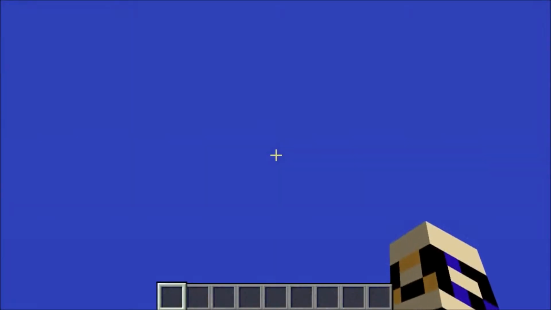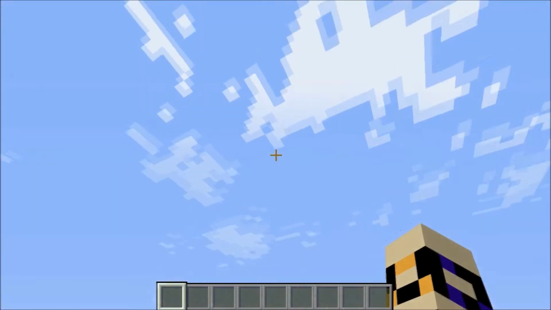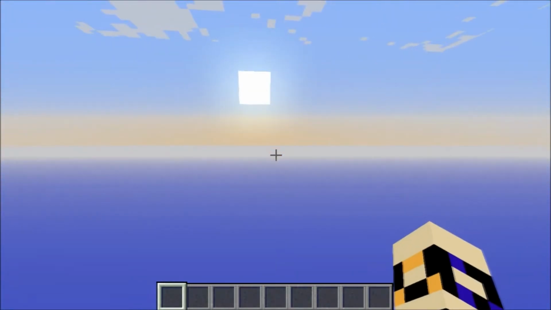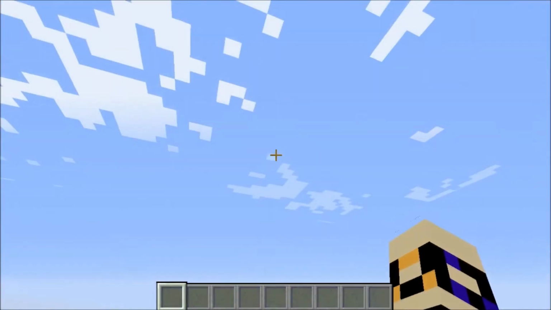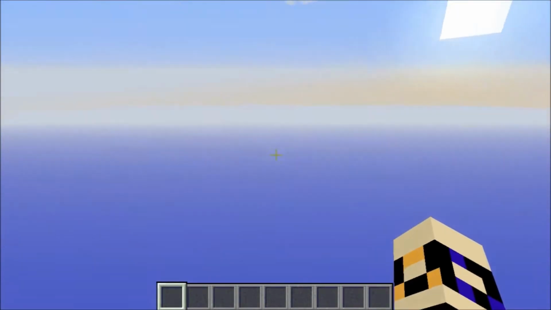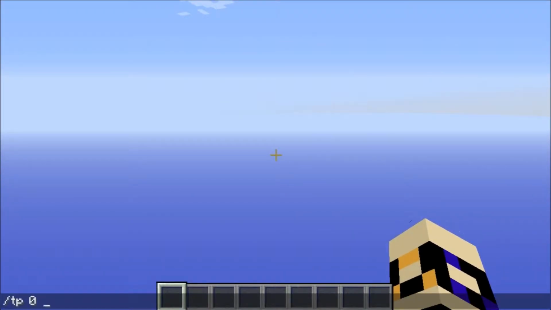Now, you're going to want to start flying immediately or else you'll fall into infinity and die. But as you guys can see, it's a nice open world. There's a lot of room for possibility. The sun's just rising and everything's hunky-dory. Now, what you're going to want to do first is set yourself at 0, 0 because 0, 0 is just easy to remember as the spawn point, or where you store all your redstone. It's easy to remember 0, 0 as opposed to like